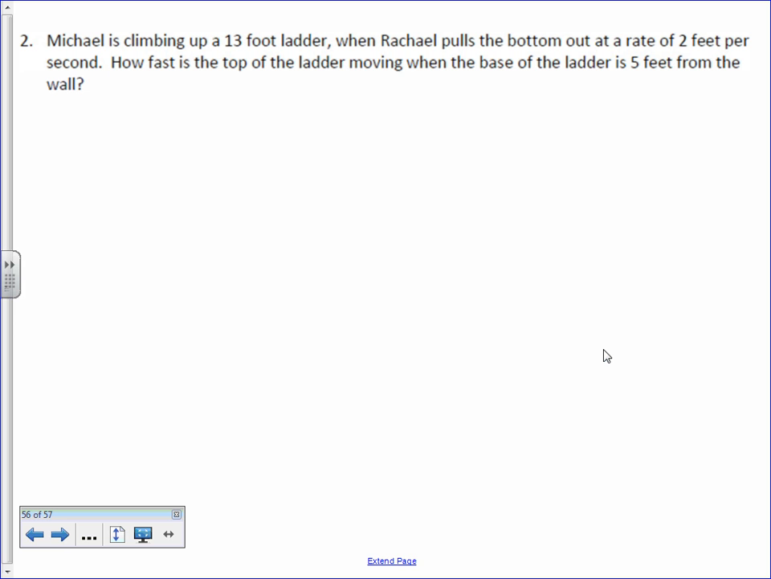I do recommend always drawing a picture. So here we've got Michael's climbing up a 13-foot ladder and Rachel's pulling out the bottom at some rate. So we want to draw ourselves a picture. Here's our ladder. It's leaning up against the wall. It's a pretty good looking ladder. Okay, and so here's our wall then that it's leaning up against, and there's the floor. And so I'm going to erase some of my extra segments here so you can kind of see the picture